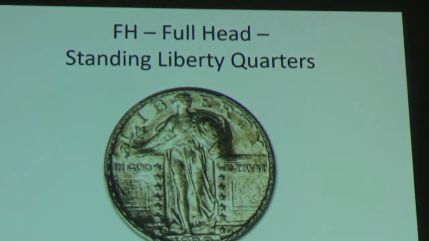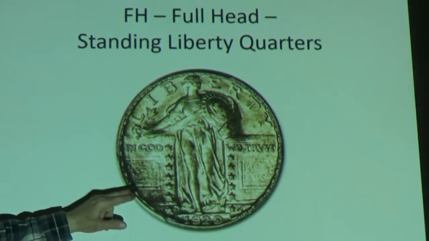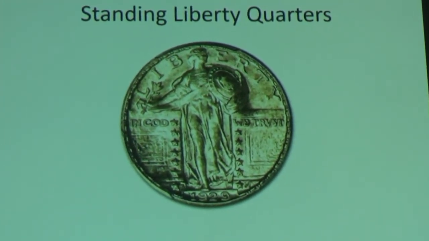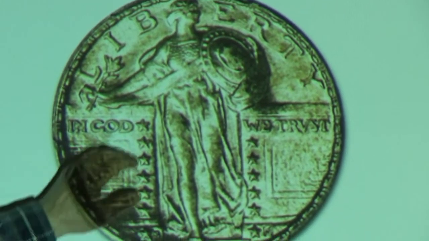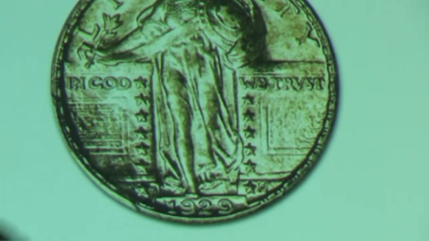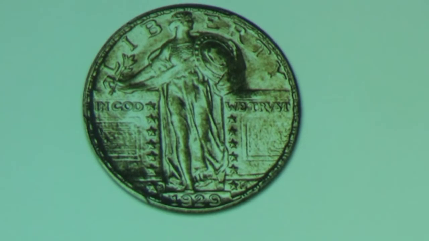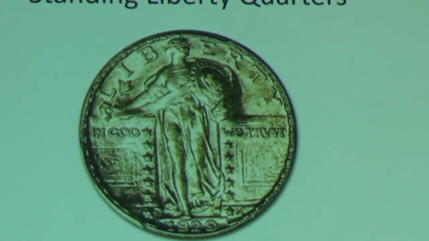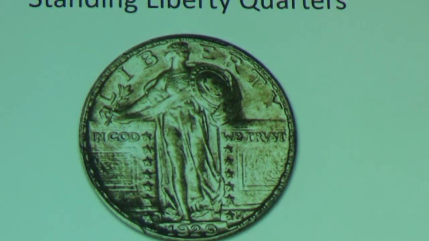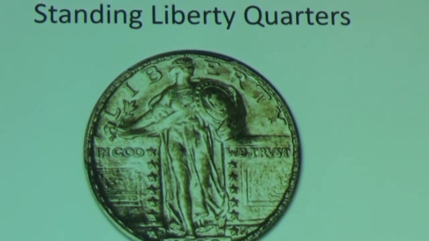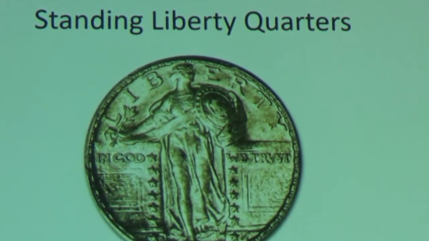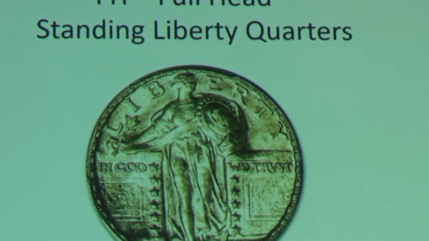FH. Full head. What's it pertain to? Standing Liberty Quarter. Okay. Now, these are beautiful coins. If you find one in like extra fine or AU, they're a beautiful coin. But there's always a lot of wear on the date, and one of the things that also receives a lot of use is the head itself. If you find one with a full head, they're worth quite a bit of money. And some people really love these coins. They're a nice set to collect. They're not that expensive, except for, I think it's the 1916, of course, that'll cost you a fortune. But the next one,